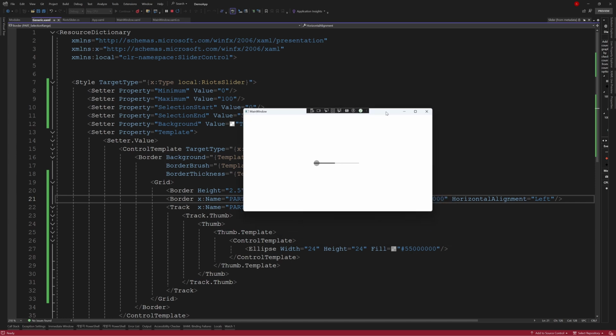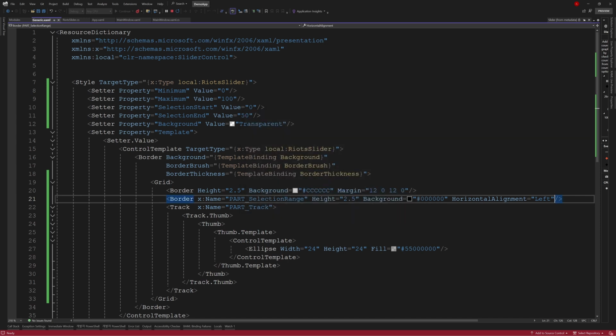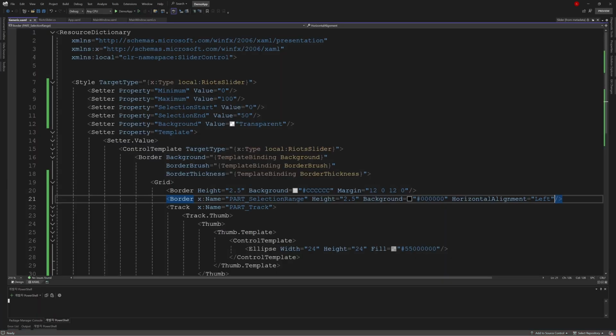But do you remember initially we used an IsSelectionRangeEnabled property to display the selection area, but here without adding it, the area still appears. Why is that? Since we redefined this slider, the previous triggers disappeared, which is why the area is visible without adding anything. But if we want to refine this part, how should we proceed?